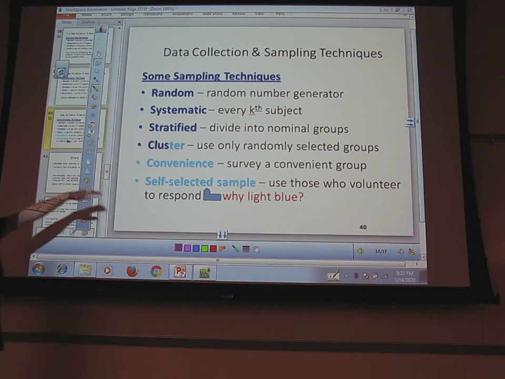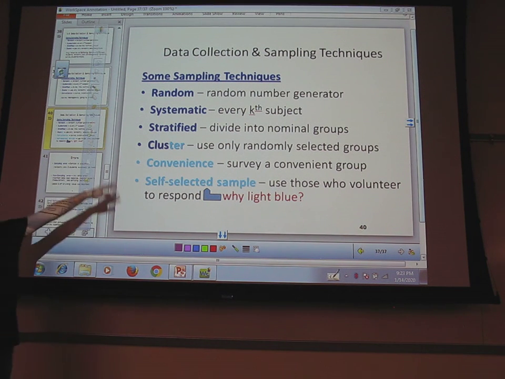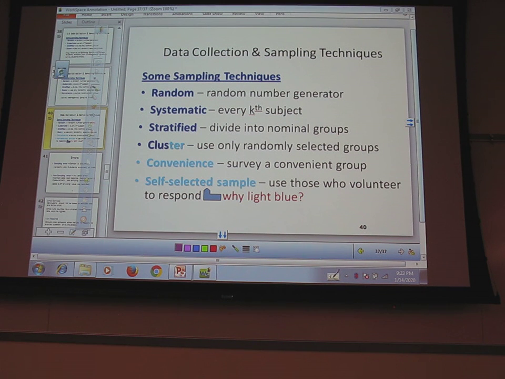Why are these last ones light blue? These two, like these respond to it. Talk to your neighbors and see if you can figure out why they're light blue. 30 seconds. Talk about it. Oh, because they could become biased. They're not unbiased. It's just subject to... Because you're looking for